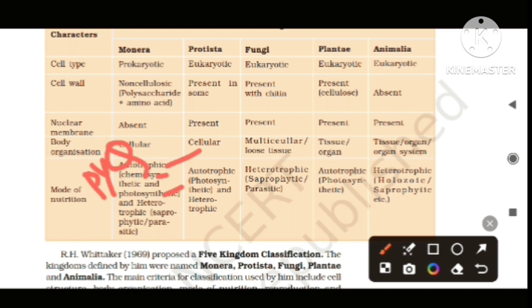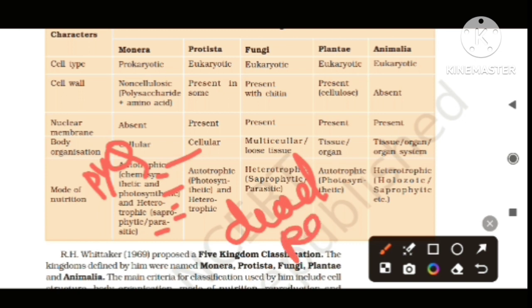Most of the monerans were heterotrophic as they are saprophytic and parasitic. Saprophytic means the organisms which depend on dead substances, dead organisms, etc. Parasitic means those which derive nutrition from living organisms but without killing them,